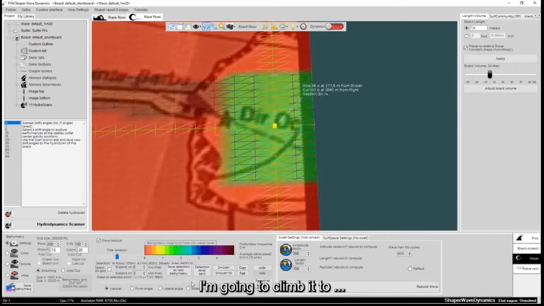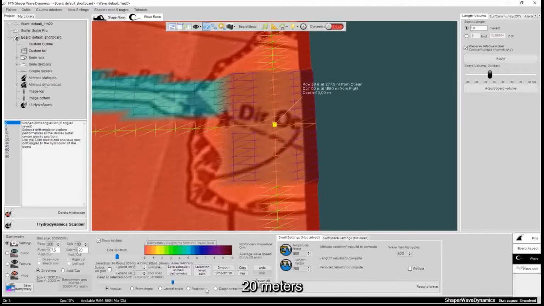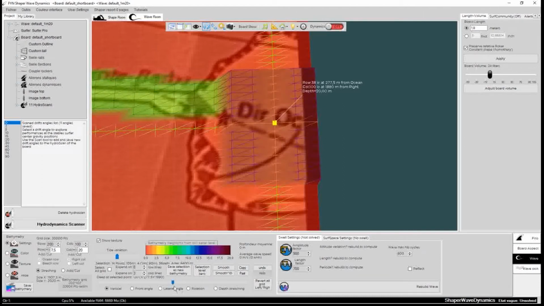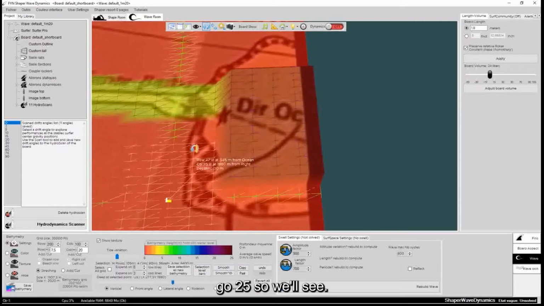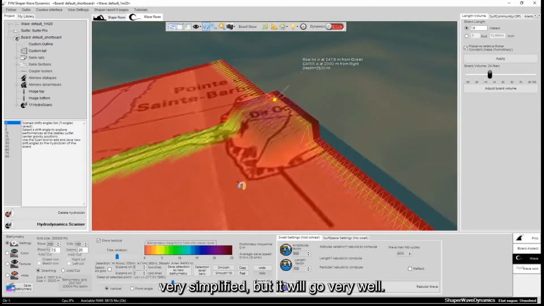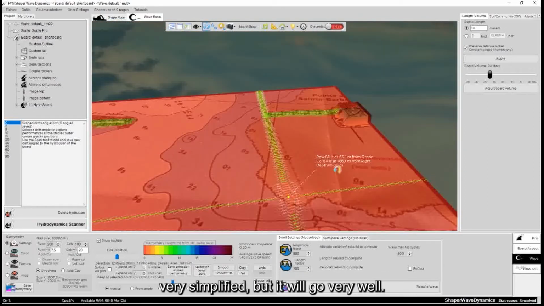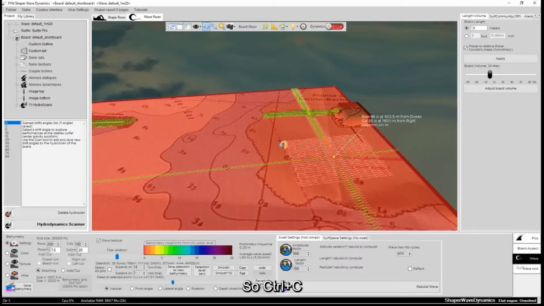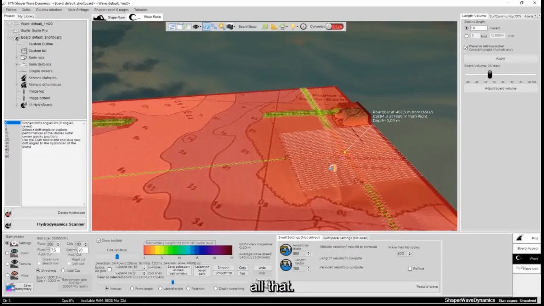I'm going to climb it to 20 meters minimum. Go 25 so we'll see. This is my rock of street barb. Very simplified, but it will go very well. So Control and C. With all that.